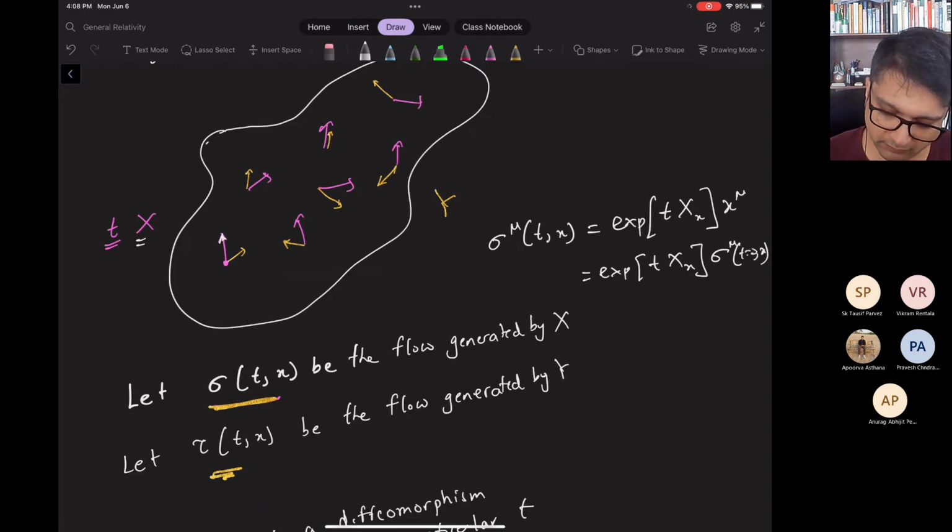Okay, where you're assuming the flow starts at some point x^mu. And then you flow for a time, in quotes, this parameter t. You flow for that amount of time,